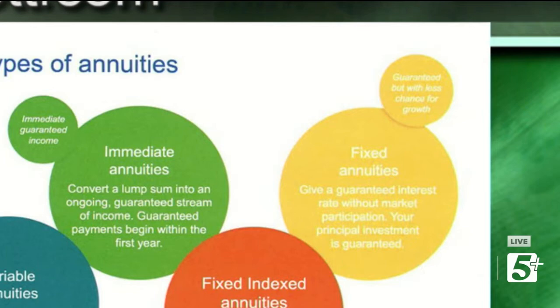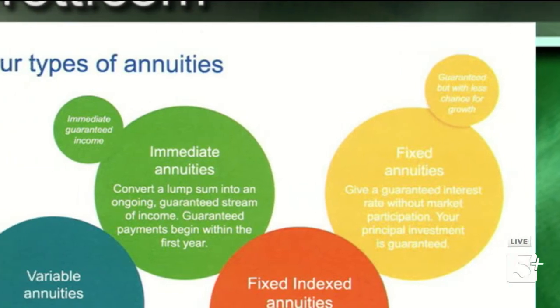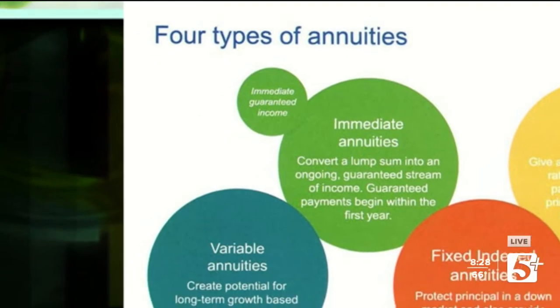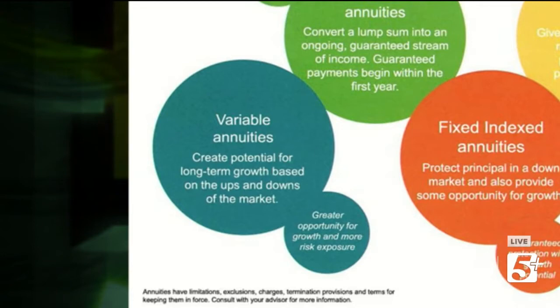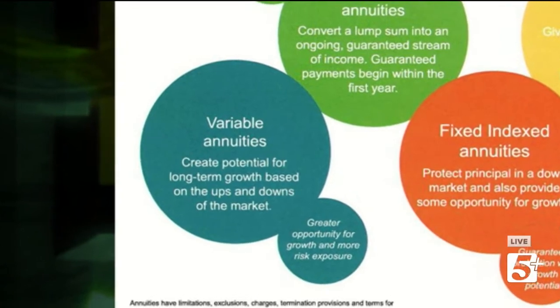All right, then we have variable annuities. Variable annuities are tied to the market. You have sub-accounts that are sort of like mutual funds. Many of them have the same names and even money managers. These variable annuities, however, have higher fees, so it's basically like investing in the market with higher fees. There are some riders and other features in there that you may find appealing. Personally, I typically avoid them, mainly because of the higher fees associated with them.